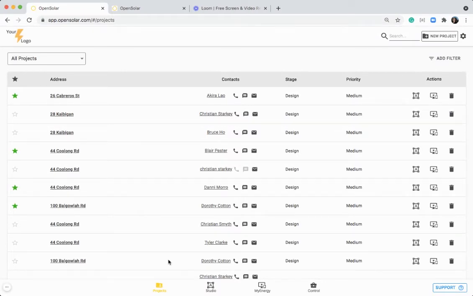My name's Christian and today we'll be running through Module 2 on OpenSolar, where we'll be deep diving into the Studio Designing Zone down the bottom here. So by this point, you should have a good general understanding of the OpenSolar platform from watching the first module, where we touched on each of these 4 zones and what they do. In today's demonstration, we'll be just focusing on this studio area,